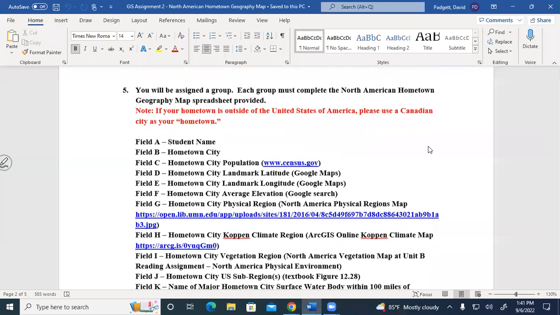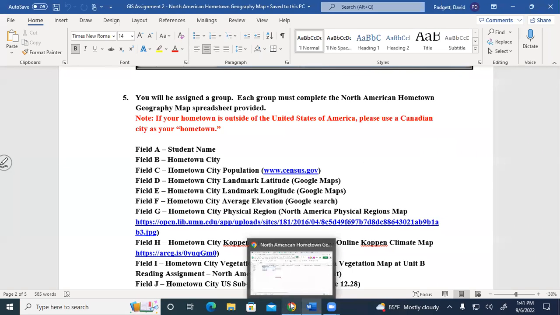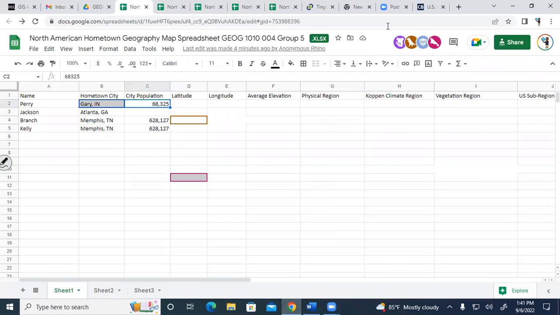Okay, so next we're going to get to the fields D and E. Now, there's two ways that you can go about doing this. Notice it says landmark latitude, landmark longitude. If you can remember the latitude and longitude of your landmark, or if you don't remember it, go back in your notes. That's the exact same latitude and longitude you can type into the cells. But if you don't remember it, or if you don't feel like going back and looking, or if you are wondering what's going on right now,